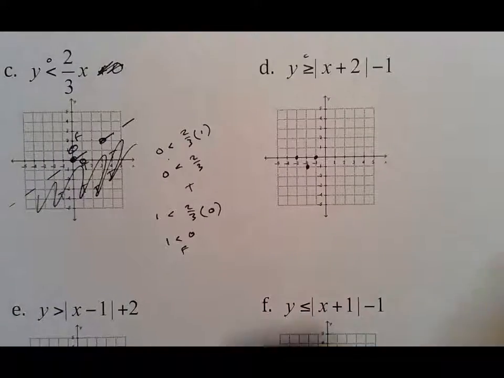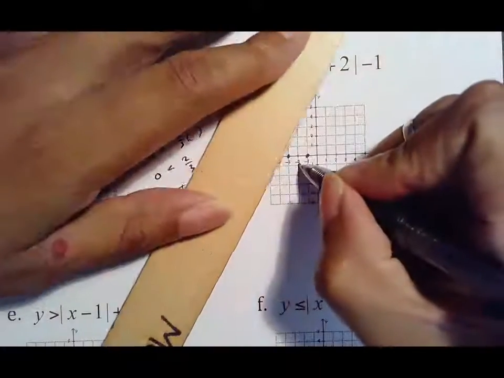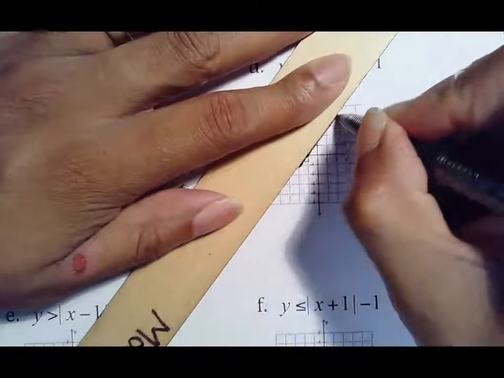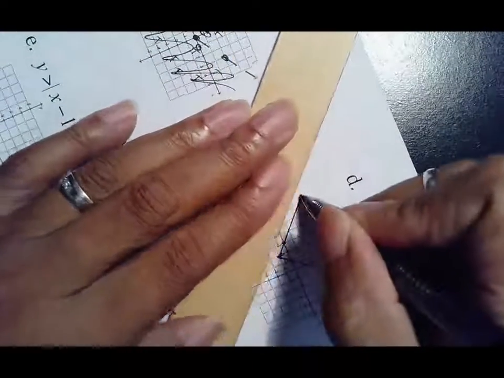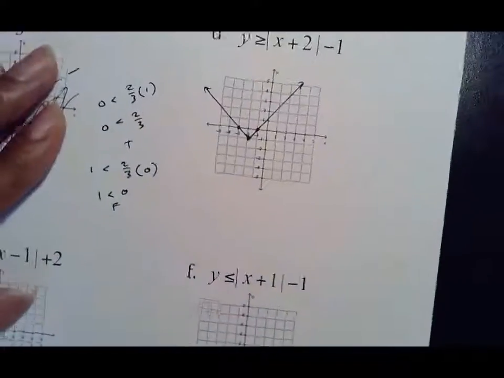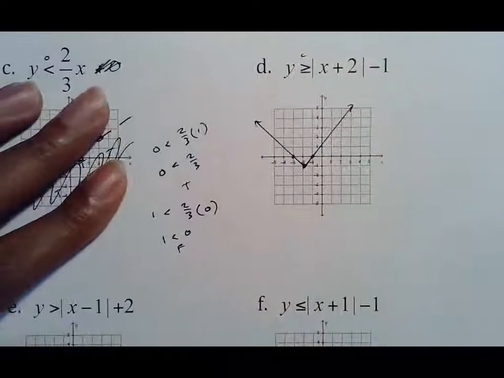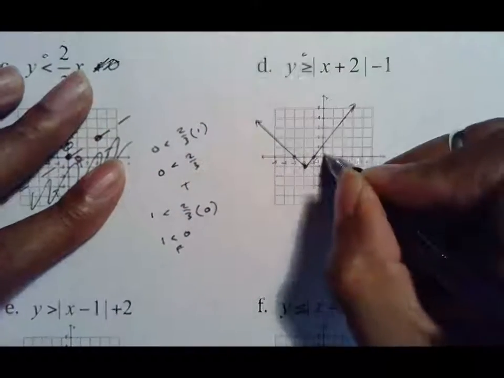So it would be closed, so I can draw my 2 lines as a closed line, which means there's one, and there's the other one. But again, because of this inequality, I actually have to shade, but notice 0, 0 is